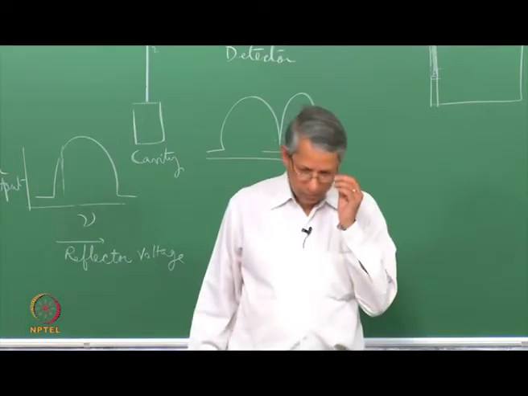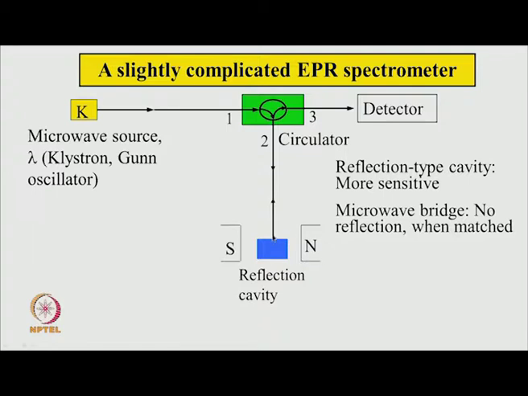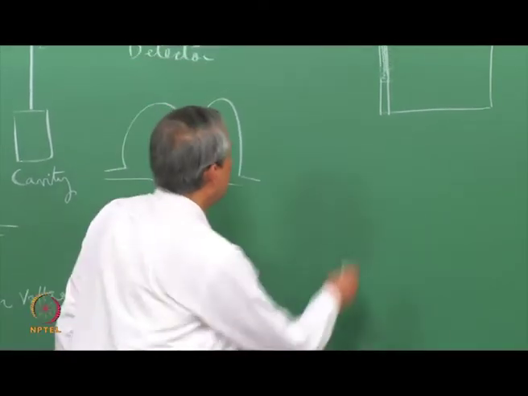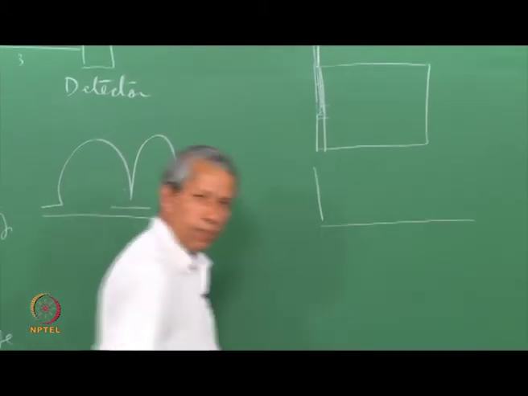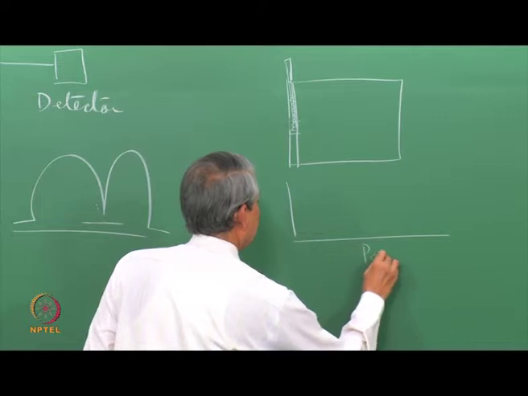So, this is the spectrometer now, where let us say we have achieved the critically coupled or very nearly critically coupled condition. So, very little microwave power is getting reflected and appearing in the detector. Now, this is fine, but not good enough, because the detector diode has very little power that falls on it. We saw in the last lecture that the characteristics of the detector depends on the power that falls on it in this fashion.